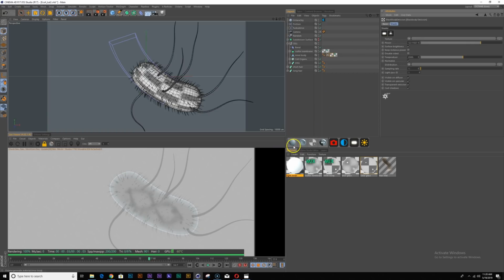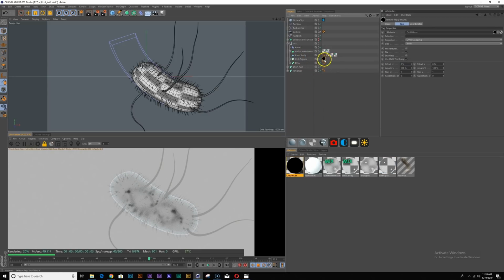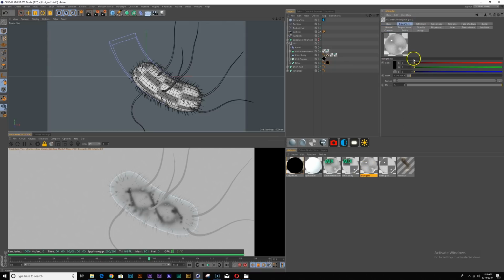Okay, cool. I'm going to make just a diffuse material and make the color black, and I'm going to apply that to my DNA and the organs, like that. Okay. And if I go to my blur glass here, I can play with the roughness.